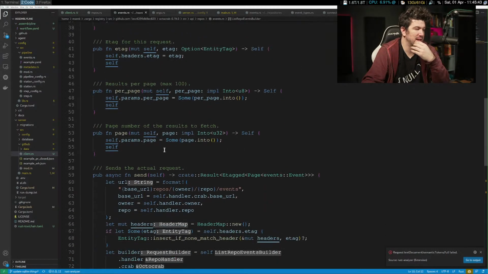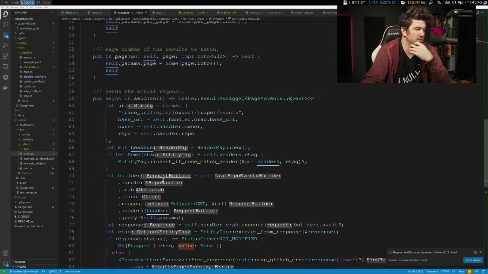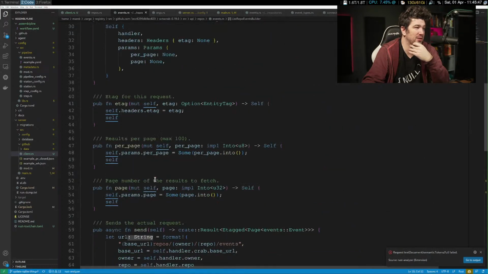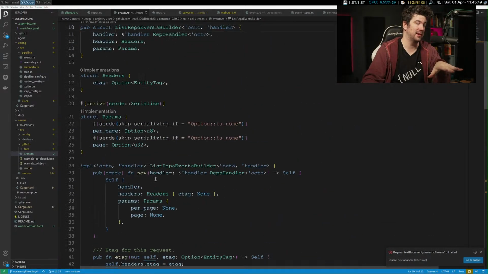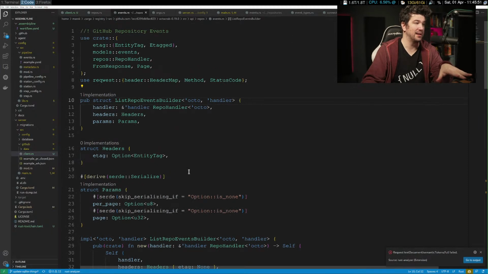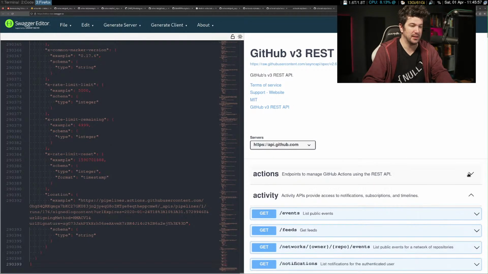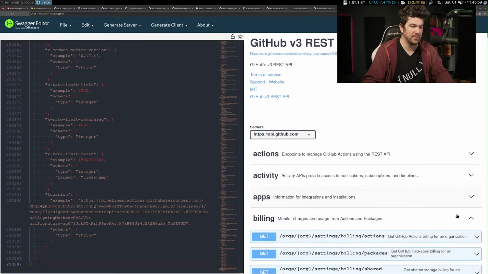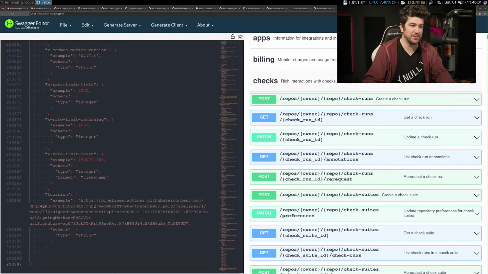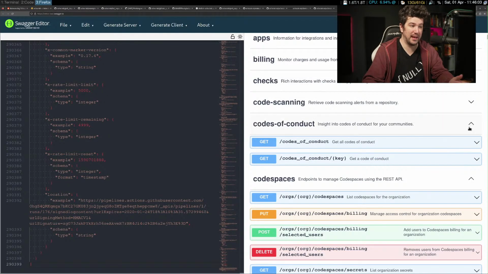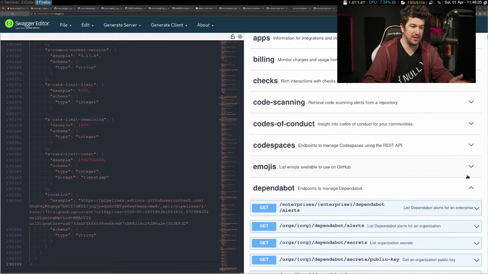We have the pagination, send the actual request. It does not look like Octocrab has a way to do it. But that doesn't mean that there isn't actually a way. That's why I opened this up to start digging through this. So what I wanted to do is first check orgs, see if orgs have an event, because if they do, then